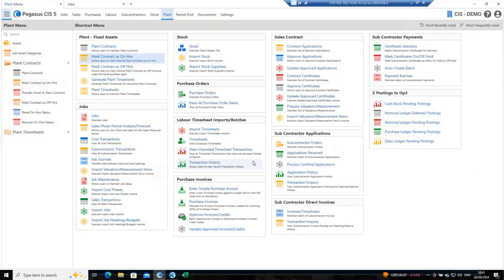So time passes. I can transfer to a new contract if I want to. It's all the same options. Mark it off hire, reset it on hire, resume on hire status. So what I'm going to do is to generate a plant hire timesheet now, because a week's gone by and it's still on hire, and I want to generate a plant hire charge to the job. So what I do is I come into this wizard